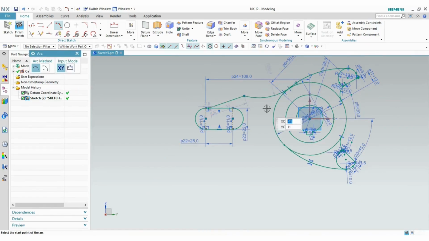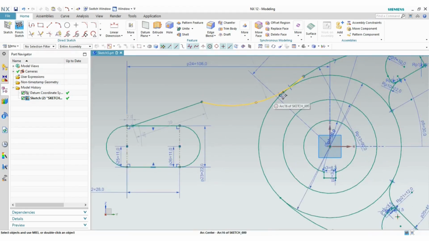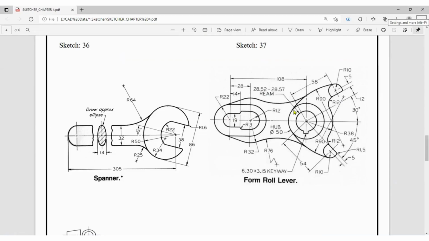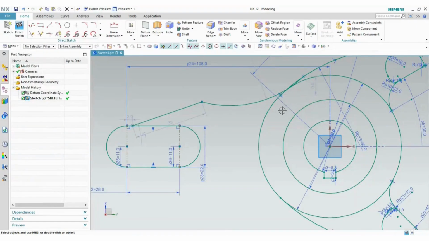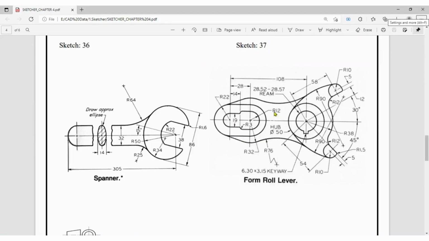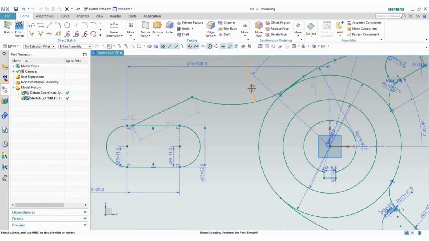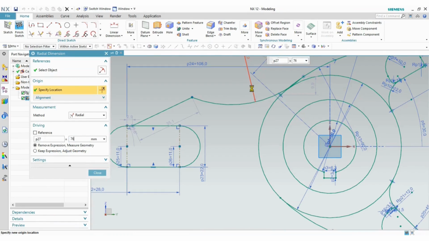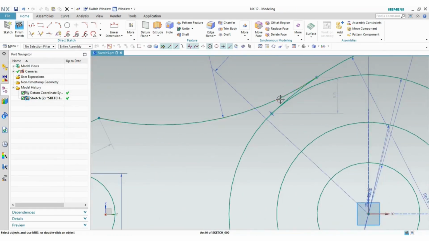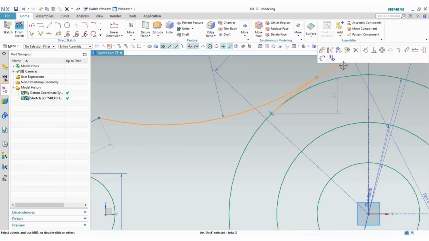Okay, this tangency we have to remove. Okay, now you can move this arc. Now tangency is there definitely, but first of all we will give its radius, that is 76. Then we can make tangent to this 90 mm arc,